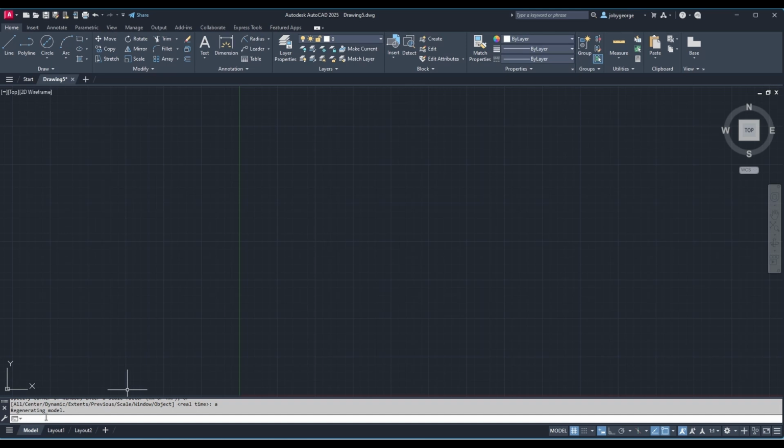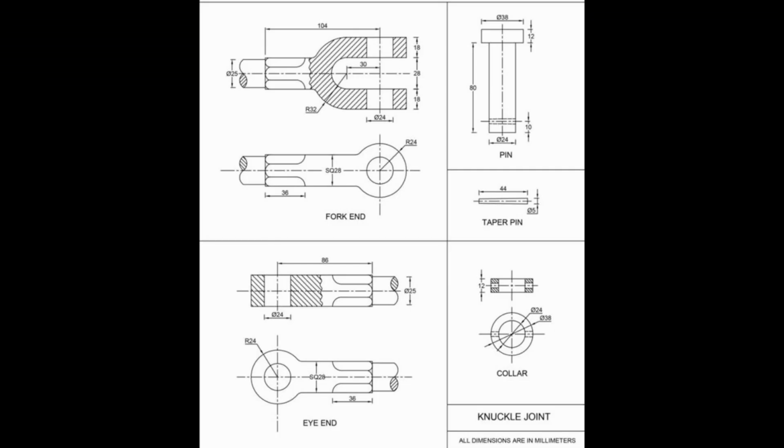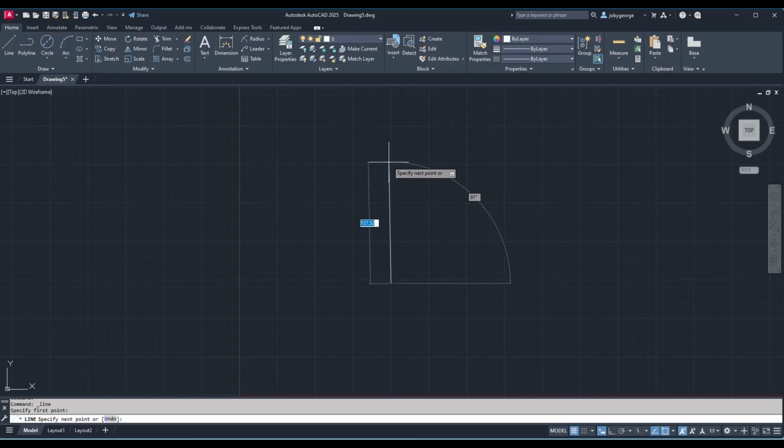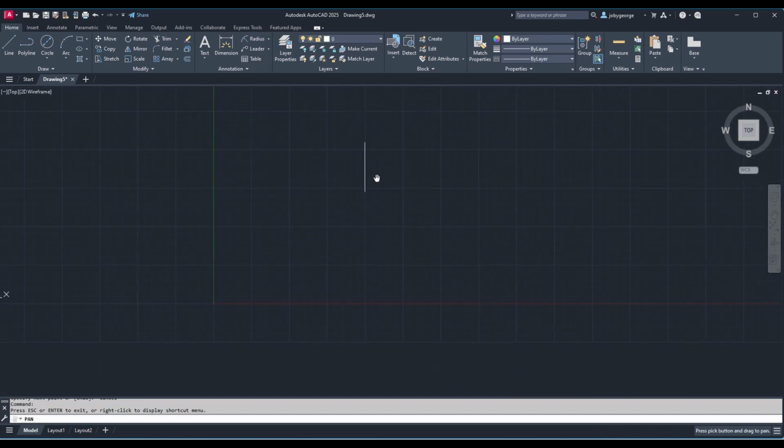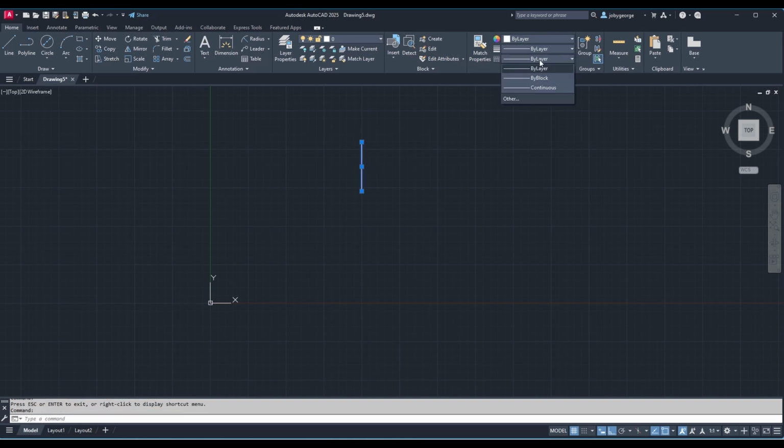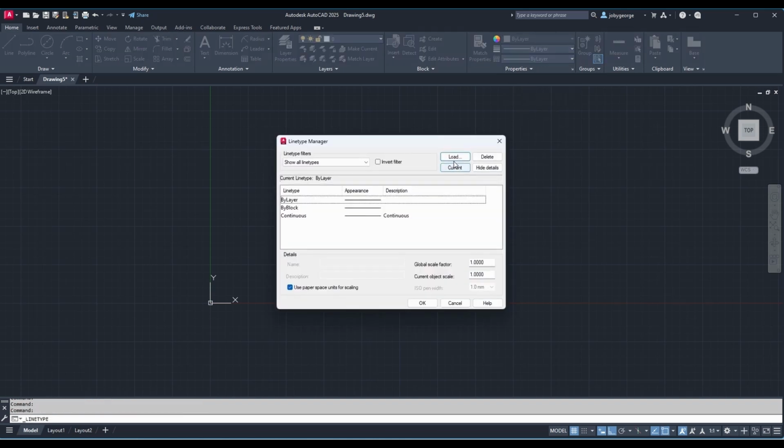Now we'll have a look at the knuckle joint 2D diagram, which is here. So first we'll start by drawing the fork end. So I'm turning on the ortho and I'm drawing the center line of the fork end, upper one. So now I'm changing the line type, then loading the type of the line, then selecting the center line,